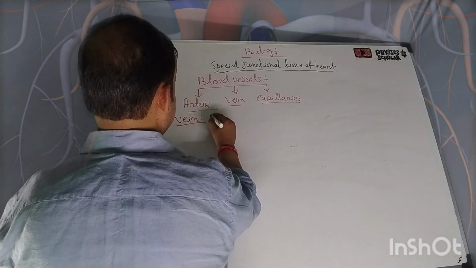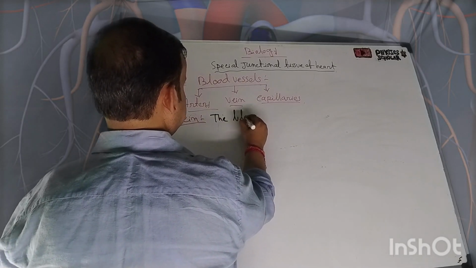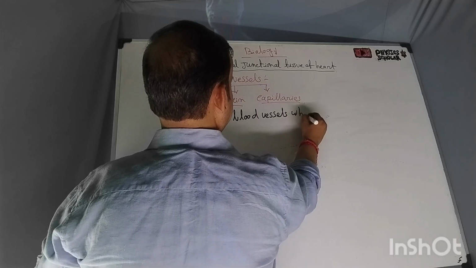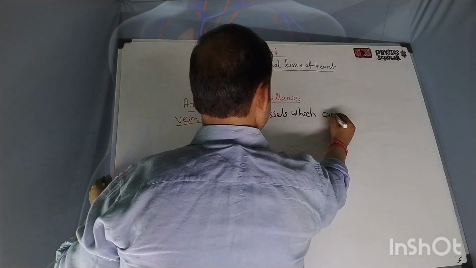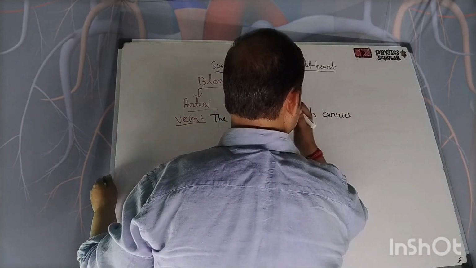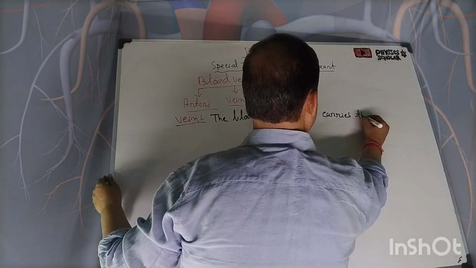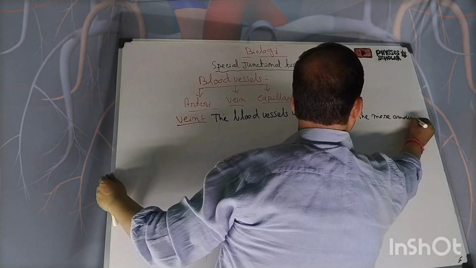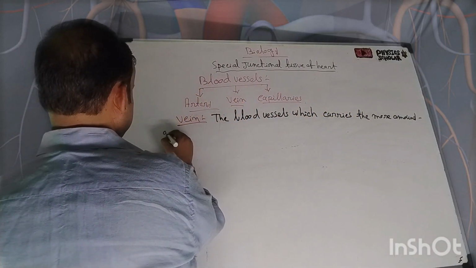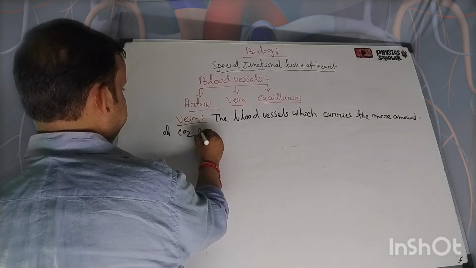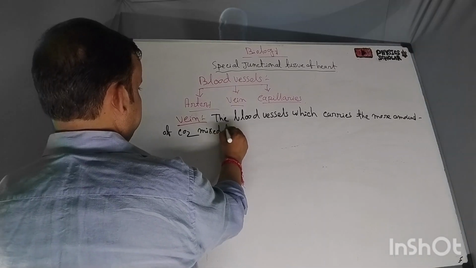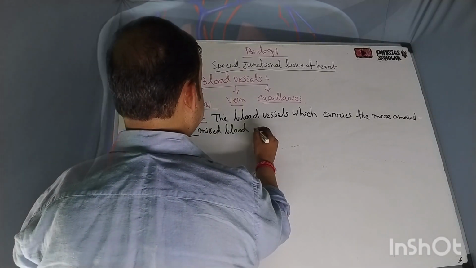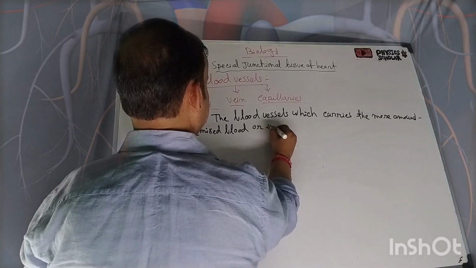The blood vessel which carries more carbon dioxide mixed blood, or impure blood,